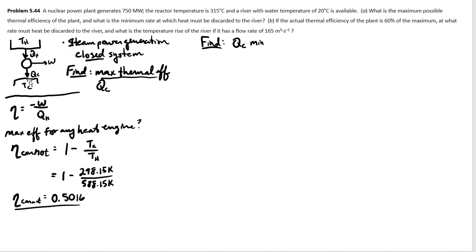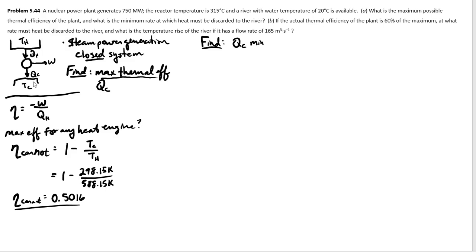Well, let's think about that. What's the minimum amount of heat that would be discarded? Well, that would be for a Carnot engine, all right? Because remember, a Carnot engine is going to extract the maximum amount of work out of the heat that's available. So that means the minimum amount of heat will be discarded to the